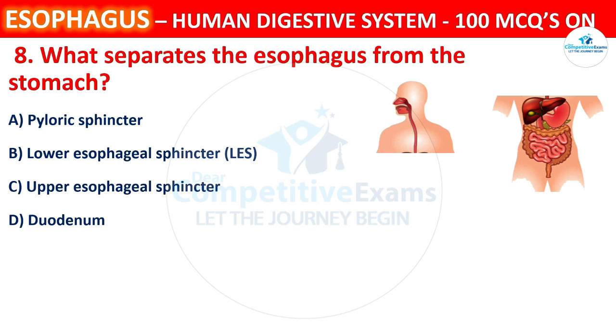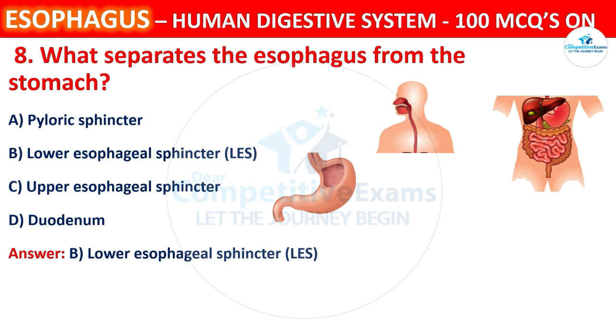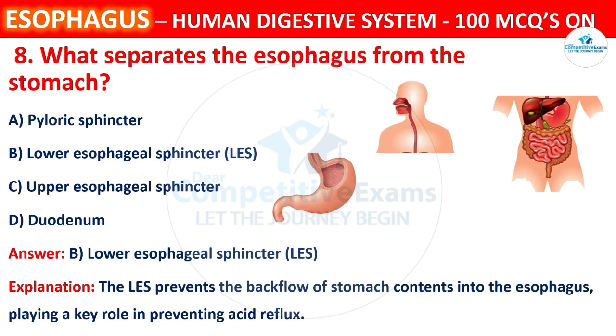The correct answer is B, that is lower esophageal sphincter LES. The LES, that is lower esophageal sphincter, prevents the backflow of stomach contents into the esophagus,